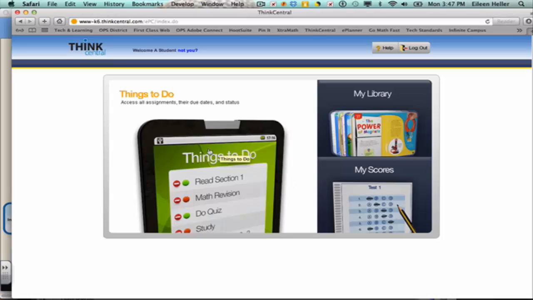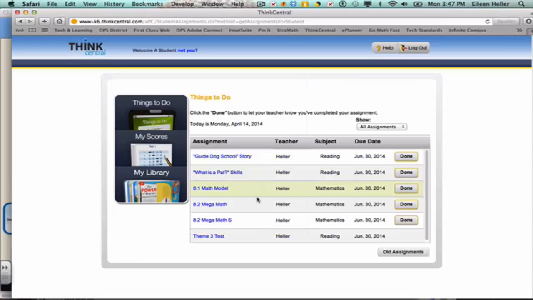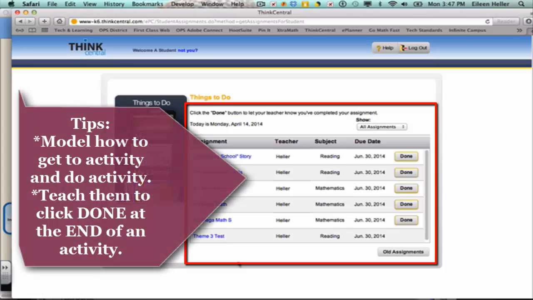Now that I've logged in, where I go to find my assignments as a student is the Things to Do list. When you click the Things to Do, it's going to list everything. Here's the tricky thing is how are you going to communicate to your students on what they need to work on? You might choose to put up a sticky note near the computers or a poster that says reading, another poster that says math, and laminate it, and on a marker write what skill or what it is that they're working on. So it's nice to have kind of some basic naming conventions for each of these for them to get